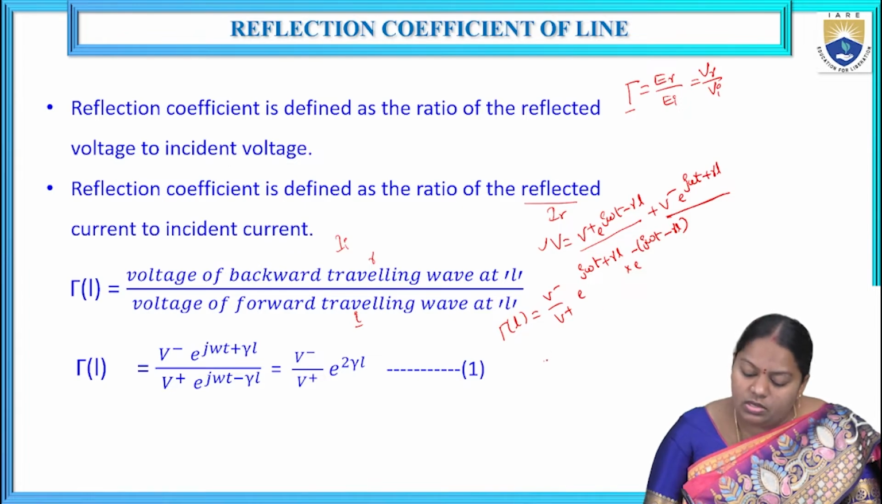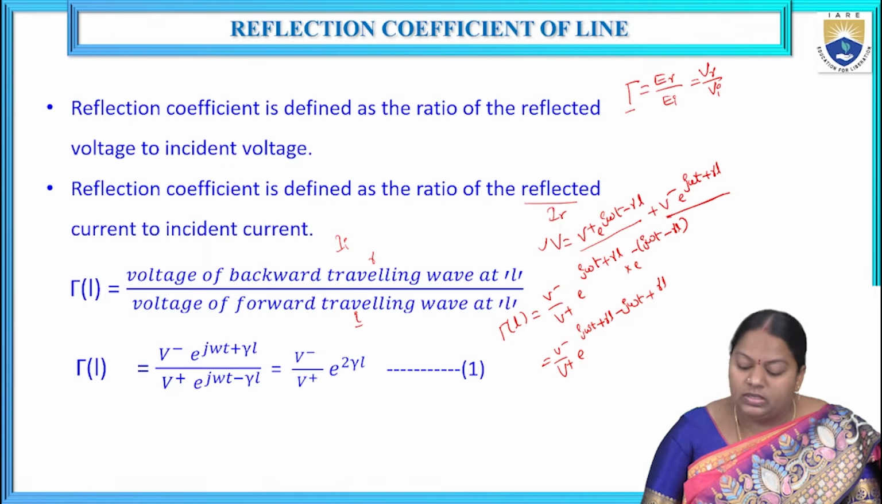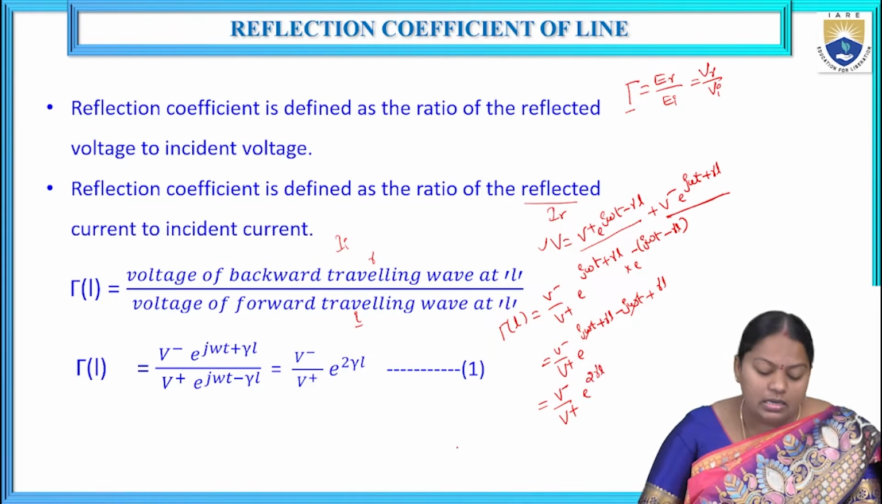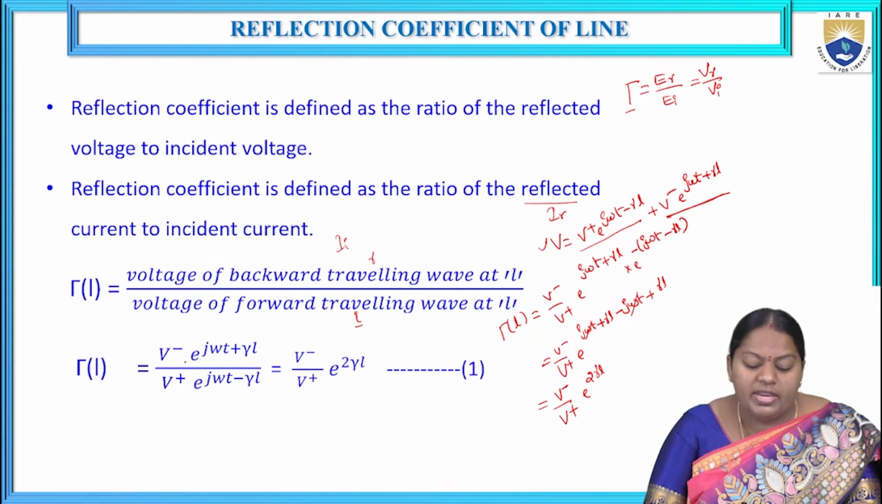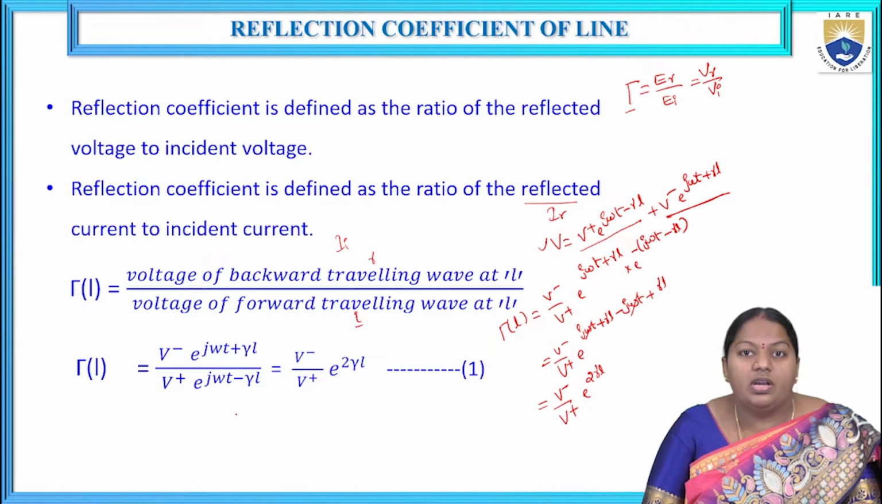Now, if you simplify this total equation, V minus by V plus into e power j omega t plus gamma L minus j omega t, then minus into minus becomes plus gamma L. So e power plus j omega t minus j omega t gets cancelled, which is equal to V minus by V plus into e power gamma L plus gamma L gives us 2 gamma L, right? So gamma of L is equal to V minus into e power j omega t plus gamma L by V plus into e power j omega t minus gamma L, which is nothing but V minus by V plus